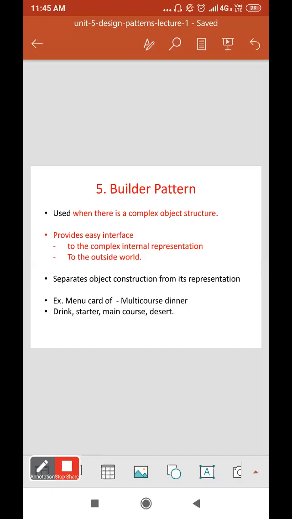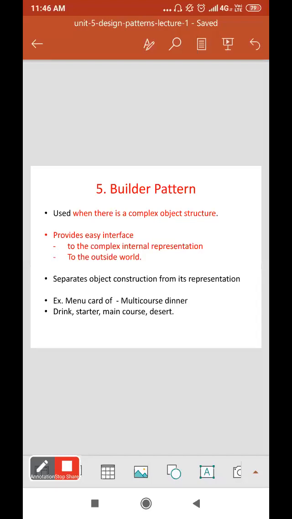The example is given here: multi-course dinner. For a multi-course dinner, we have a menu card in which all the courses are differentiated by particular type.